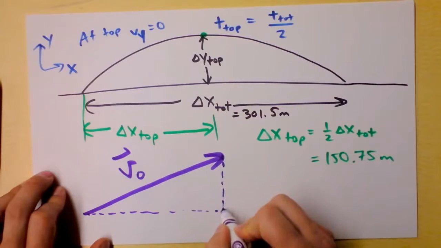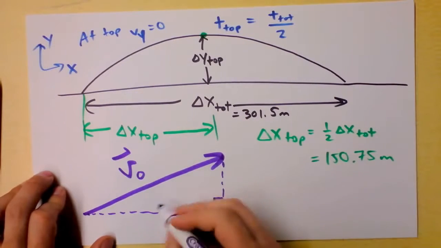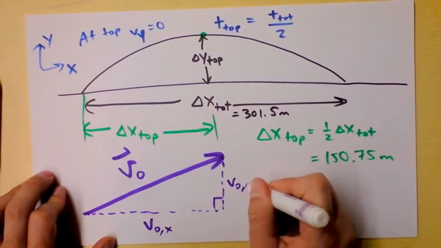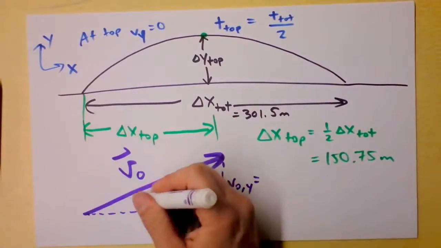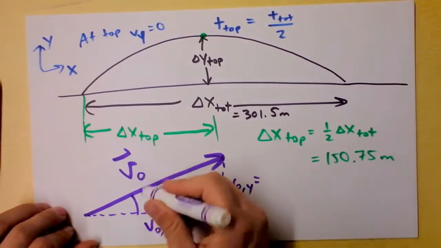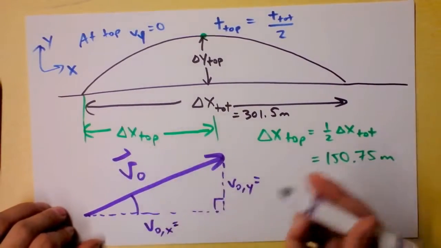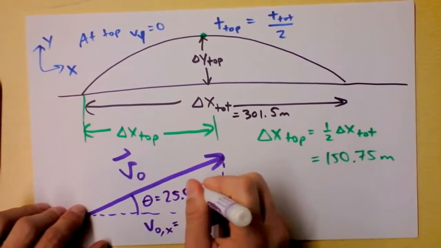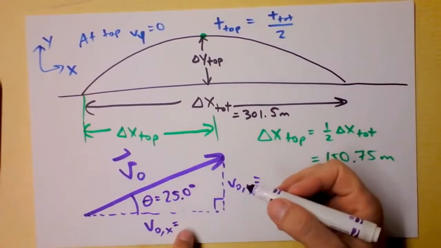and a dotted line in the y direction. I know that x and y are normal to each other, so this is the initial velocity in the x direction. This is the initial velocity in the y direction. But wait! Oh shoot, Doc, we don't even know what that is. The hypotenuse is a variable. Does that make you uncomfortable? It makes me uncomfortable. 25.0 degrees is the angle right there, but we're just going to write down the variable